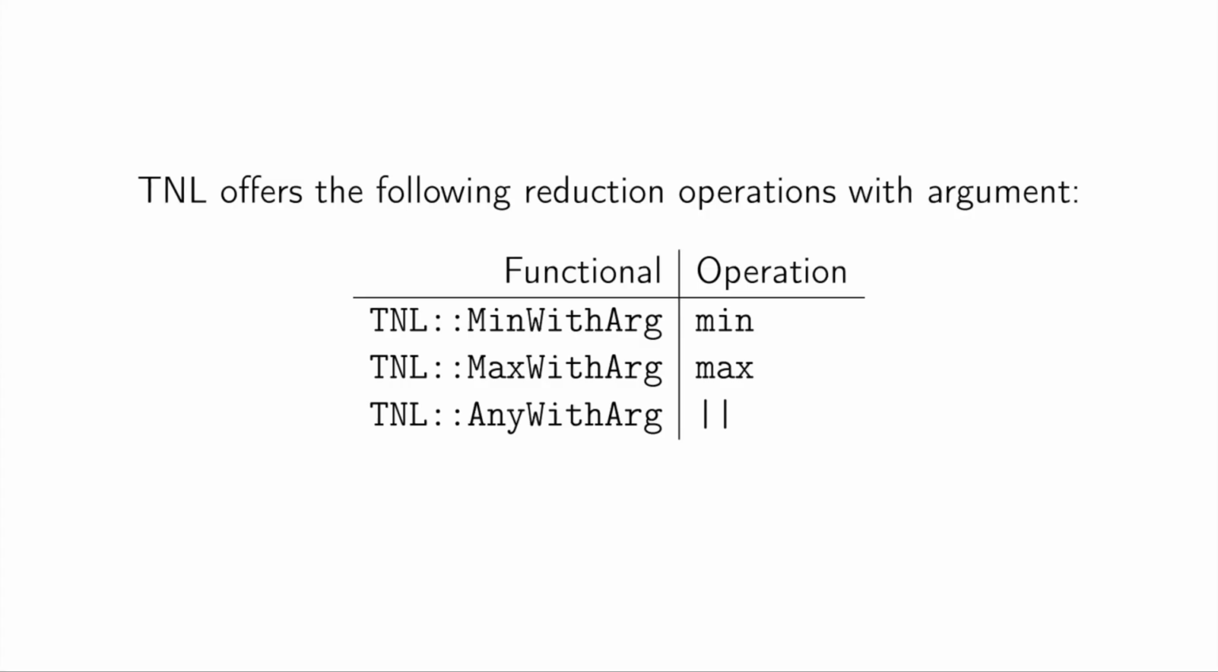Since reductions with argument are used quite often, TNL also offers predefined functors for some of them. These include min with arg, max with arg, and any with arg. The last one serves to find elements that meet a specific condition in case when the fetch lambda function returns boolean. Thus, we could easily modify example 05 contains.cu to also get the position of the element with the given